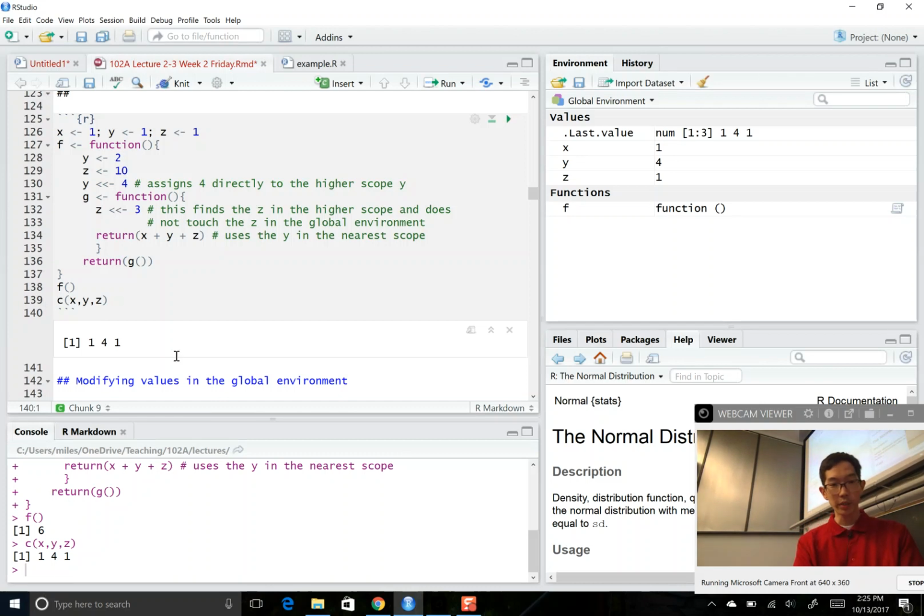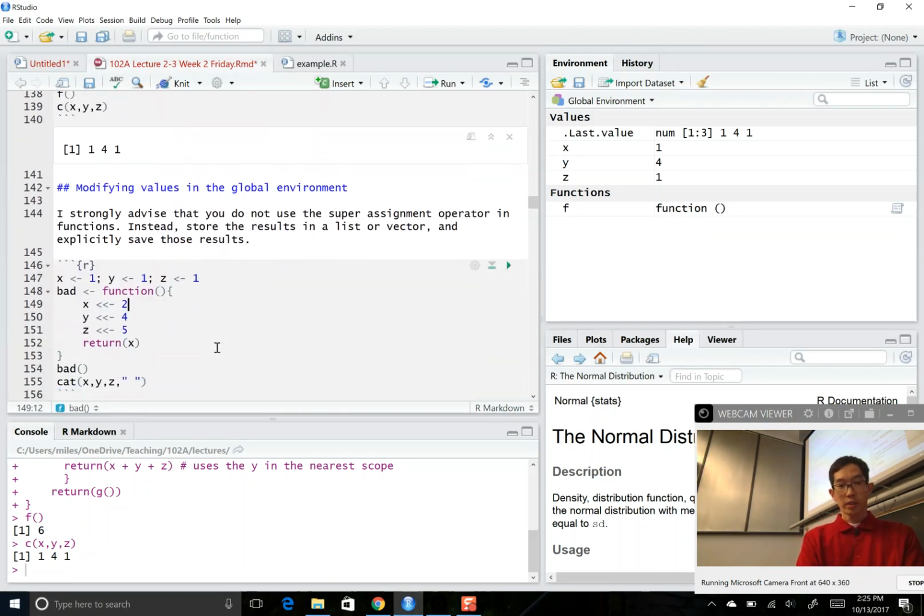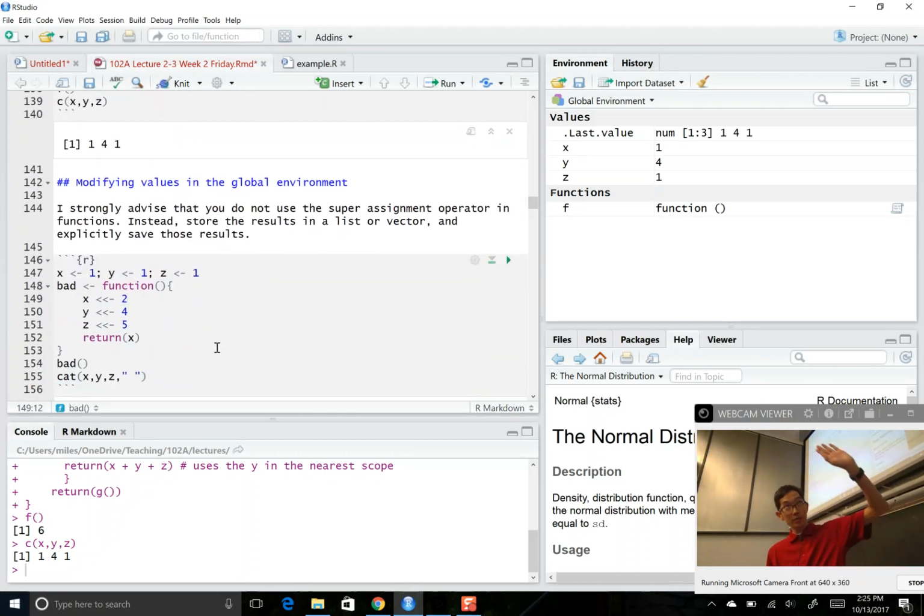So that's what we have there. Okay, so all to say is superassignment is risky, okay, and it can get confusing, and if you use it in your code,